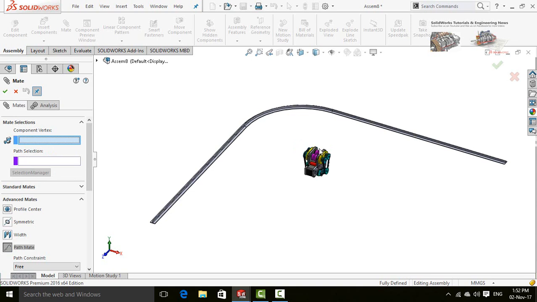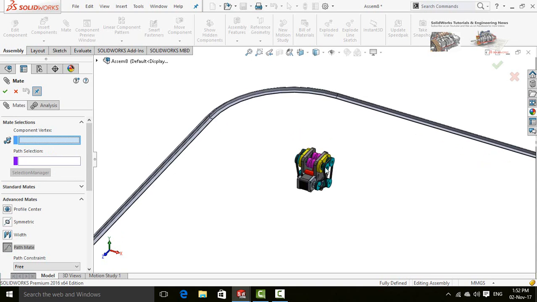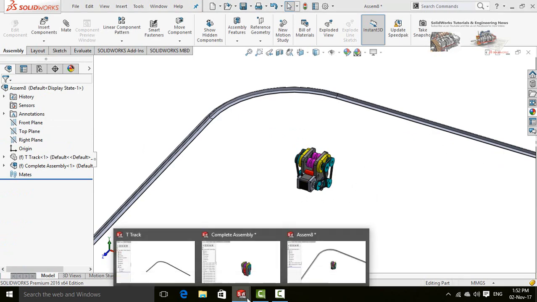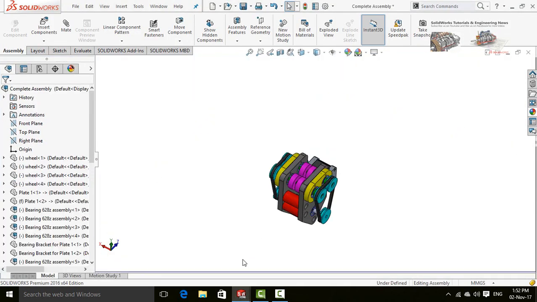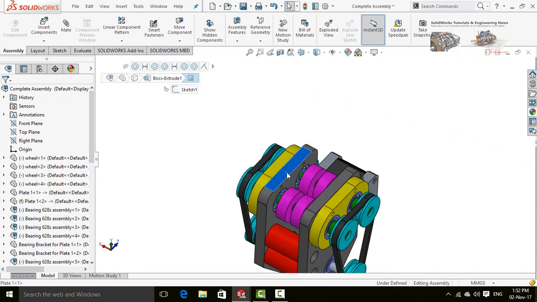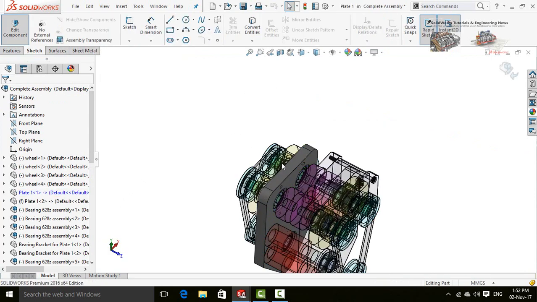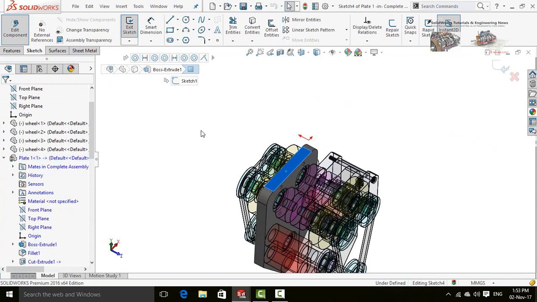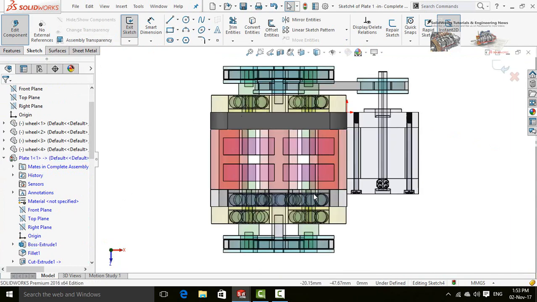So we have to add component vertex on the conveyor trolley. Close this. So open this conveyor trolley in separate window. Now click on this part and select edit this part. After that, again click on this face and select sketch. Now make normal to by pressing Ctrl+8 button from your keyboard.